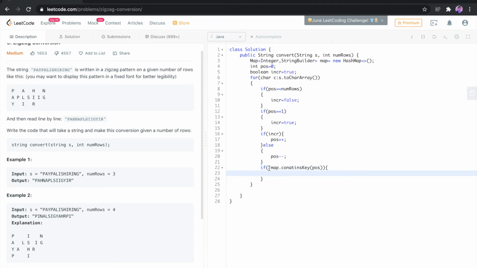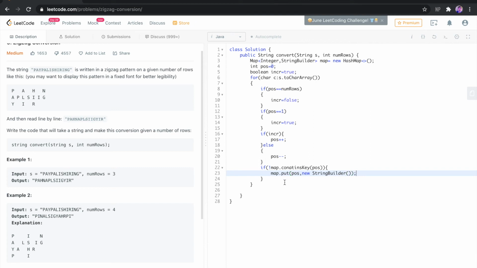So it is checking if map does not contain the value pos as its key. And then we simply put that particular position inside our hash map. We are giving two things because hash map needs two things inside it. One is the key and the other is the value, right?